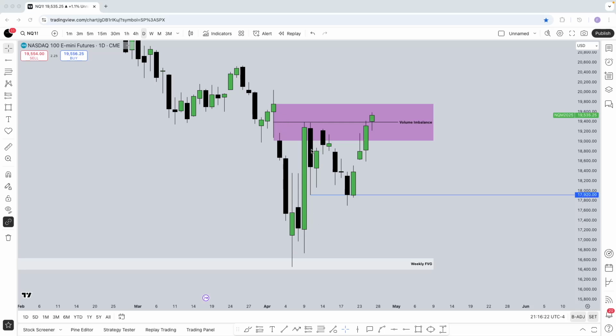So now we saw price trade right into the volume imbalance. After trading into the volume imbalance, I had no bias, to be honest, and I waited to see what price does. We saw a rejection from that volume imbalance going lower, and when going lower, my only interest lower was to see price take out the lows that we have here, the sell side liquidity only, because what we have here is a balanced price. I didn't expect to see price trade much lower